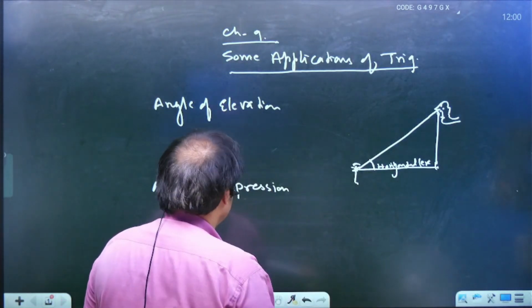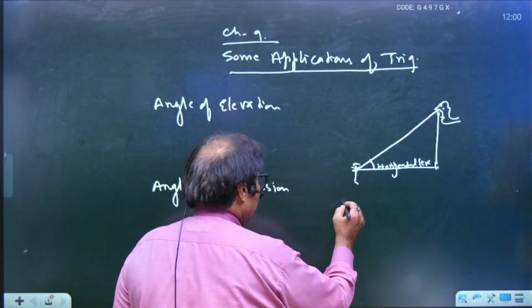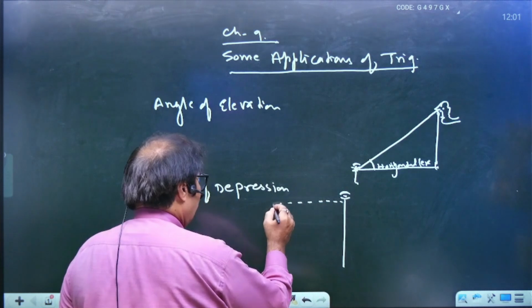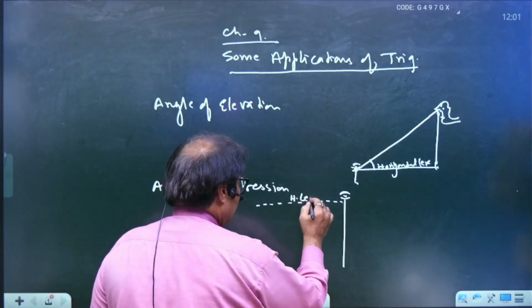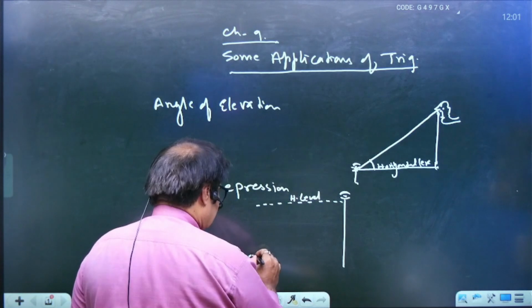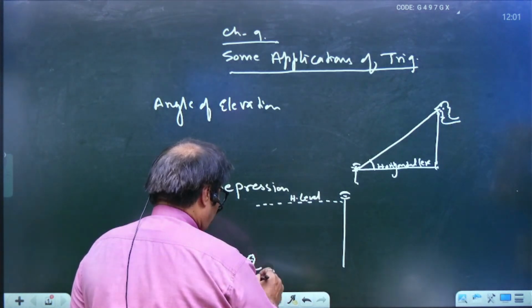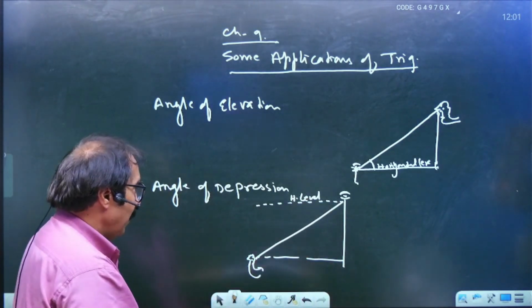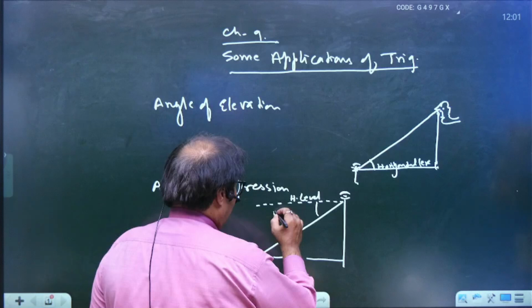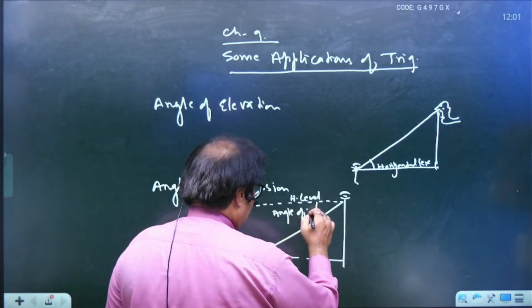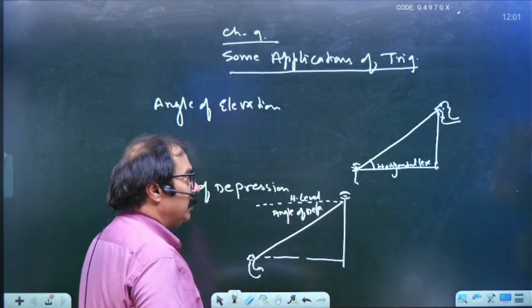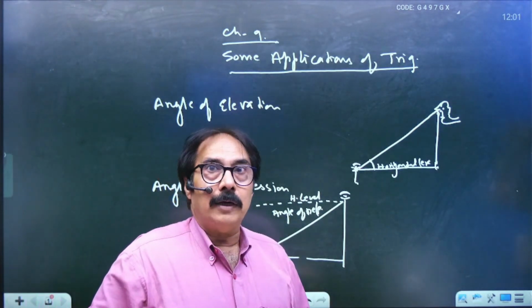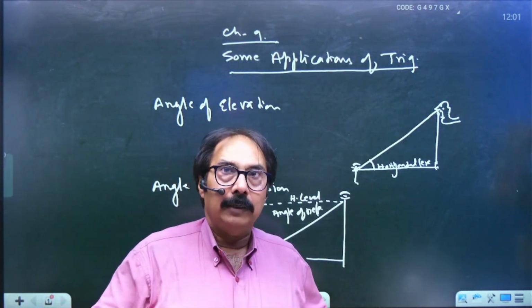In the same way, when the observer is on the top, here is the observer, and this line is the horizontal level, and here is an object. The angle between the horizontal level and the line to the object is called the angle of depression. Got it? So in this chapter, first we will draw a rough sketch of the figure,